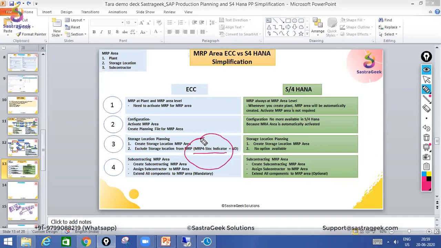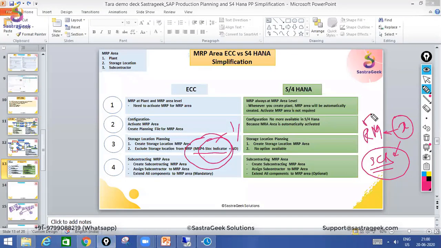See, that's the thing that is there in ECC. At the MRP4 view, you are saying you want to exclude the storage location, but your material is already extended to two locations, location RM and location scrap, correct? And you have material X, which is already extended to both. Now you just want to exclude the storage location from the MRP. In that case, earlier in ECC, you needed to go to the MD04 view, where there is a storage location indicator and a separate configuration 1, 2, where you need to mention your storage location name, so that the system will only exclude the scrap location, not RM1.